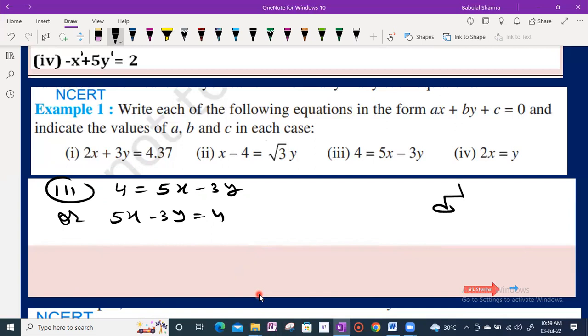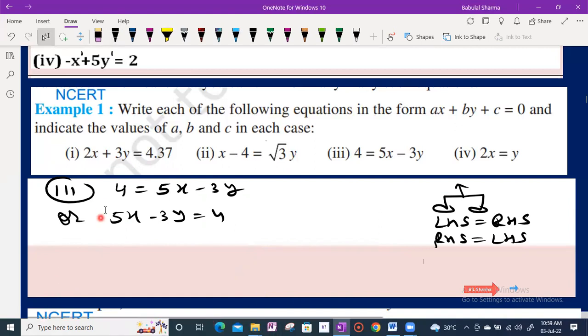देखिए ये जो बैलेंसिंग है, इक्वेशन मींस बैलेंसिंग. लेफ्ट हैंड साइड इज इक्वल टू राइट हैंड साइड और राइट हैंड साइड इज इक्वल टू लेफ्ट हैंड साइड. लेफ्ट हैंड साइड और राइट हैंड साइड दोनों इक्वल होते हैं. Here left hand side is 4 and right hand side is 5x minus 3y. क्योंकि हमें स्टैंडर्ड फॉर्म में लेफ्ट साइड लिखना होता है तो मैंने राइट हैंड साइड इज इक्वल टू लेफ्ट हैंड